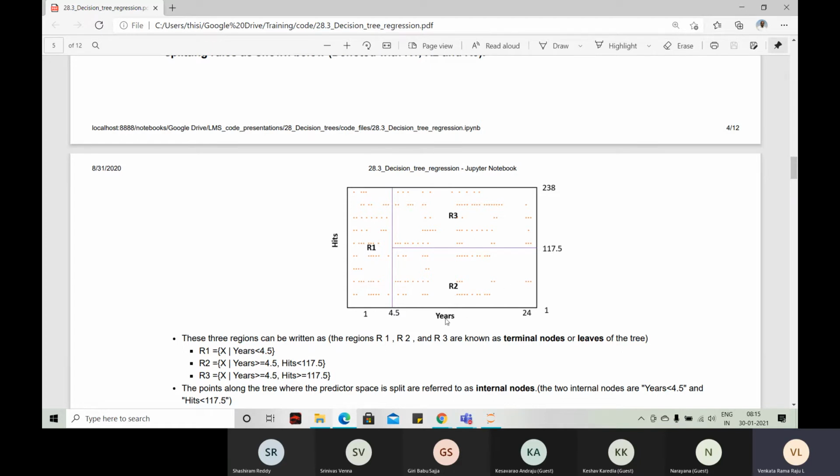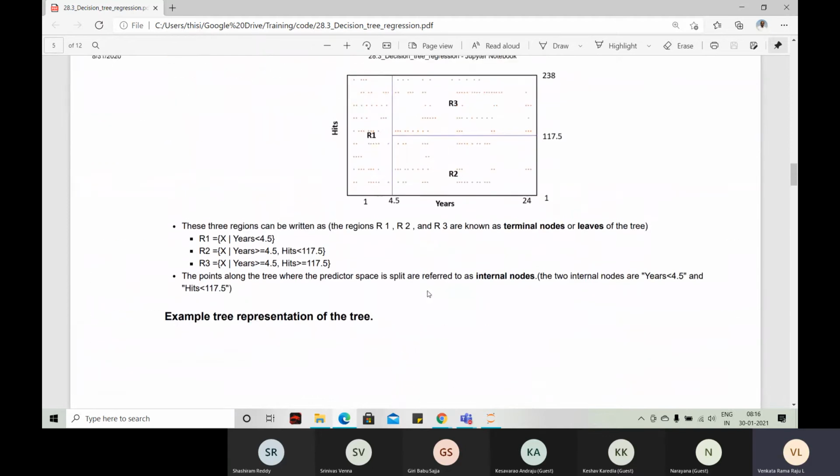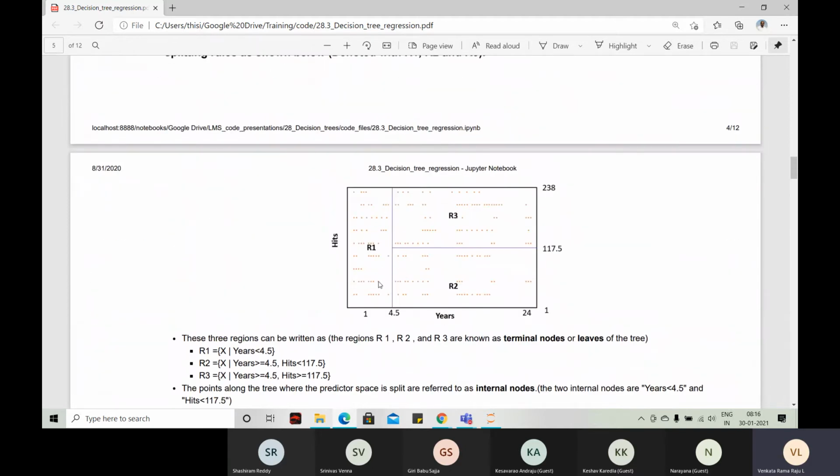Y2J is the average of all the Y values in region 2. Y3J is the average of all the Y values in R3, region 3. Okay, so you take this data point and take Y of it, and then take the average of this region's Y, calculate the distance,